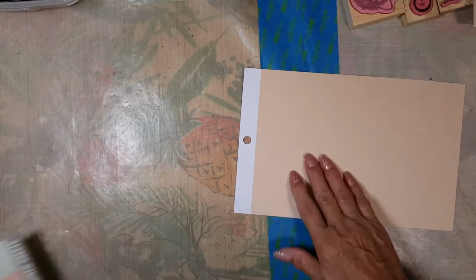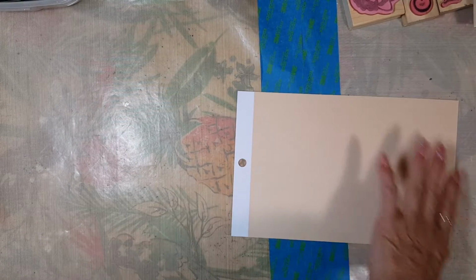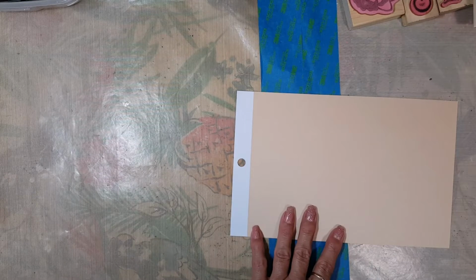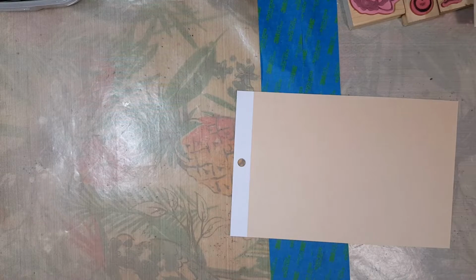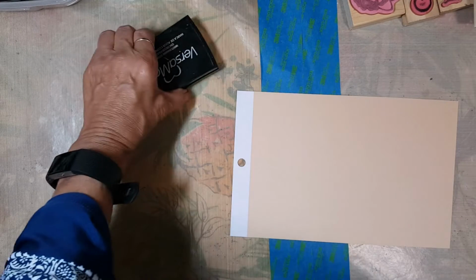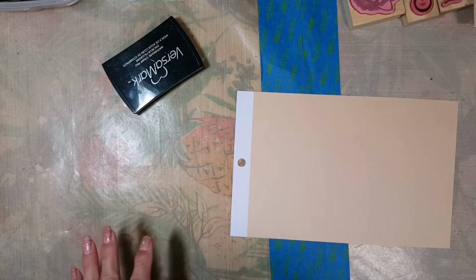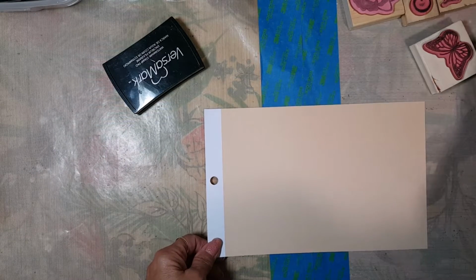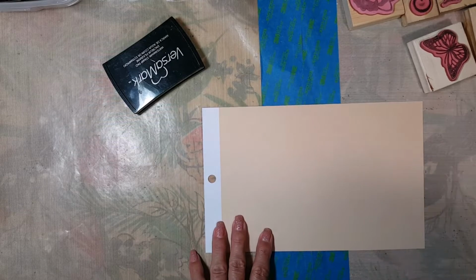What I'm going to try to do is stamp with my Versamark and use some embossing. Let me get my Versamark out just a minute, and just create some extra ephemera. So I've got my stamps over here to the side this way, and I've got some up here, some rubber stamps, and I thought I'll just try it. I know that I have stamped on